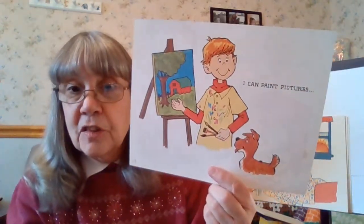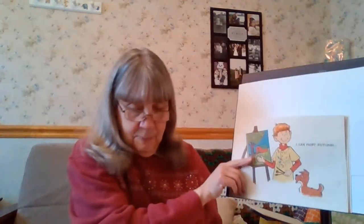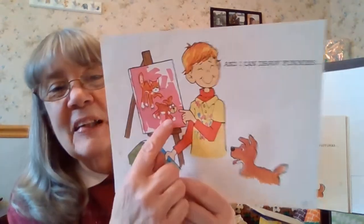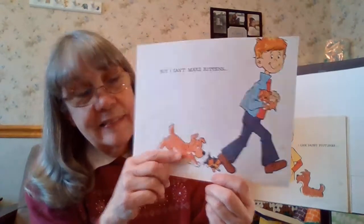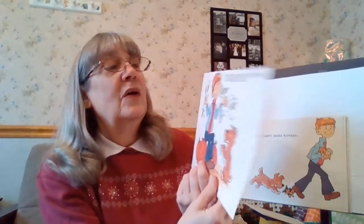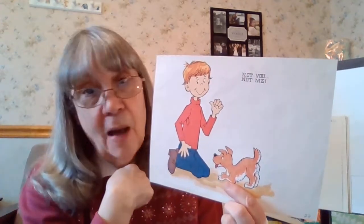I can paint pictures. Do you like to paint? Do you like to paint when Mommy gets a paint out for you? I can paint pictures. And I can draw funnies. Look at the funny pictures he's making. But I can't make kittens, puppies, or bunnies. Who can make a pumpkin or peas in a pod? Not you, not me,